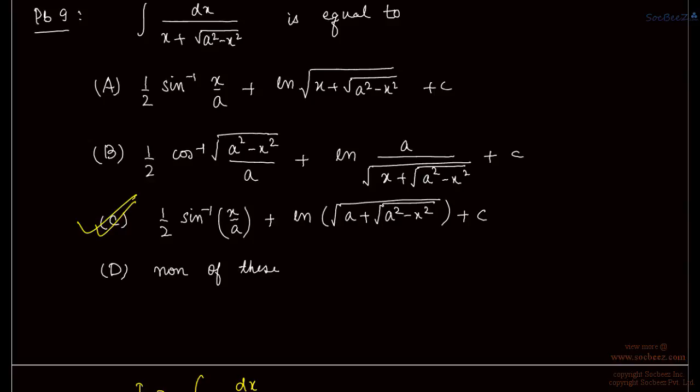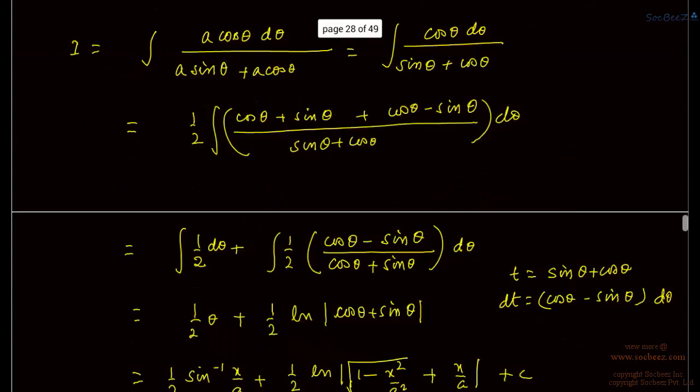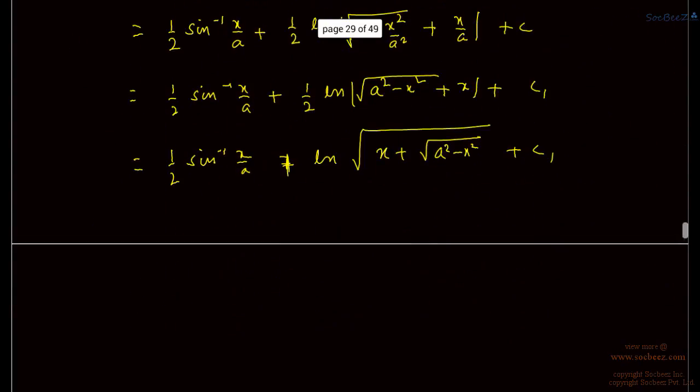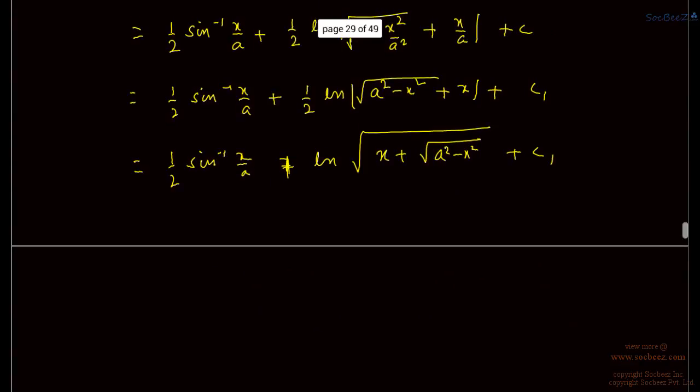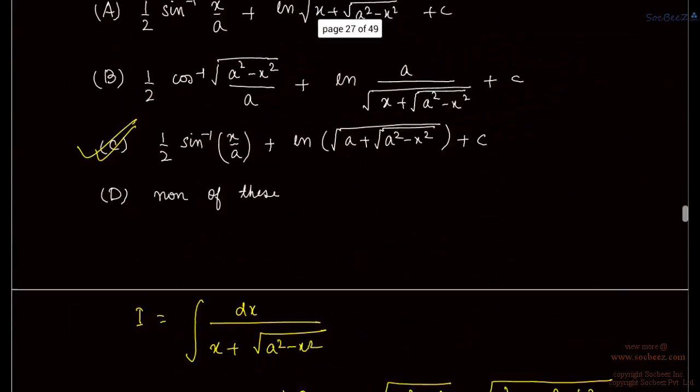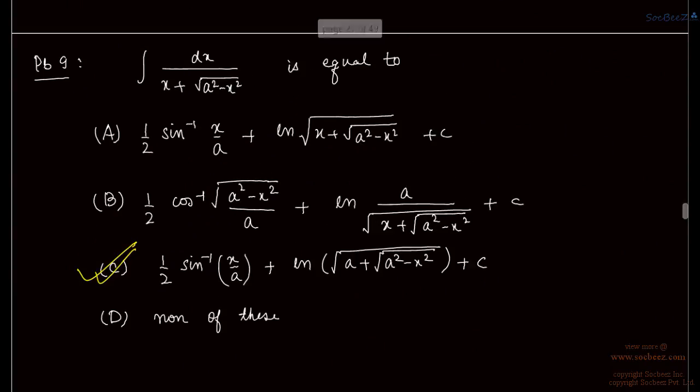ln a plus square root of a square minus x square, half sin inverse x upon a plus ln a plus square root of a square minus x square, plus c. Oh no, we have found x is ln x plus square root of x square minus a square. So note that here it is x, here this is x, not a. So from here we have, if we see,